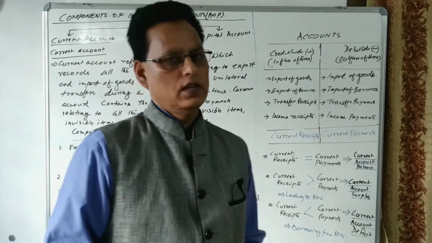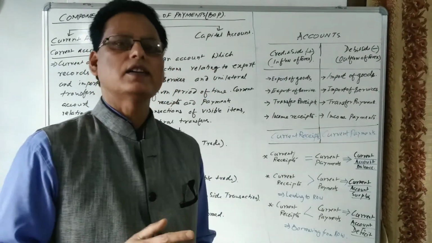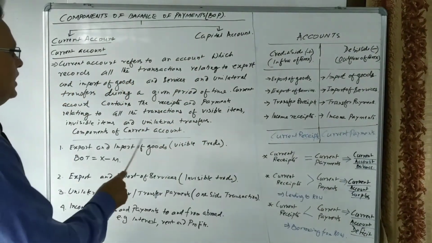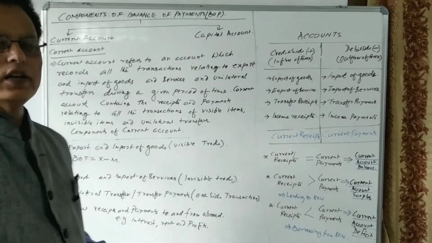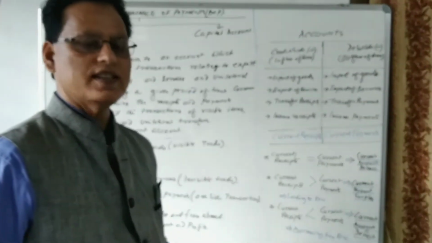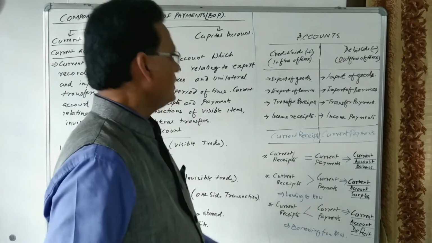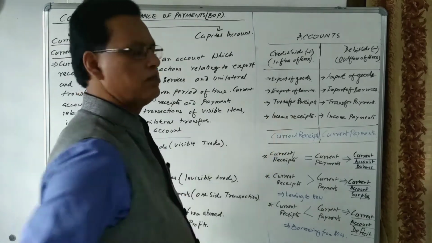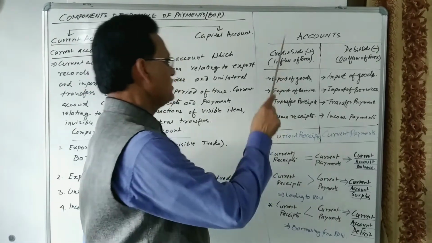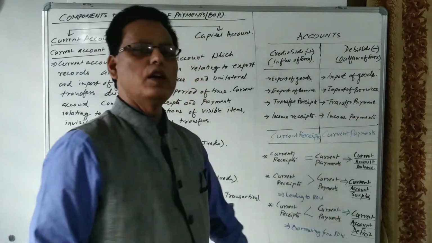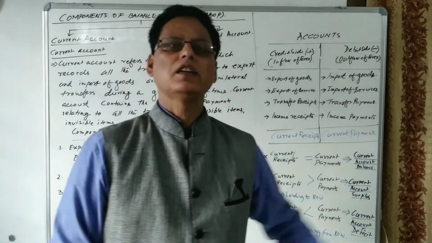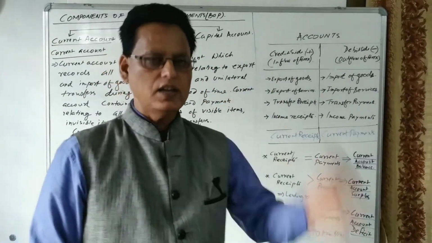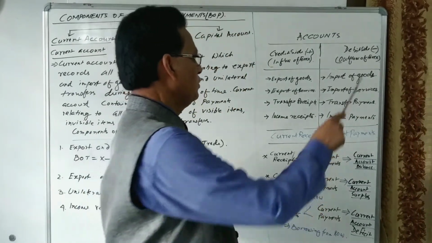These are one-sided transactions. A one-sided transaction is also one of the components of the current account. Let us see where it is recorded. Transfer receipts are recorded on the credit side, and transfer payments, if we send gifts, make a donation to a foreign country, or send economic aid to foreigners, will be recorded on the debit side.